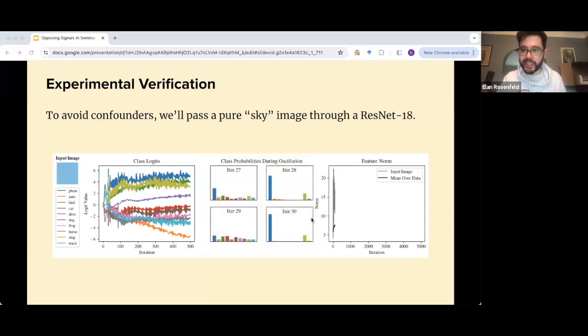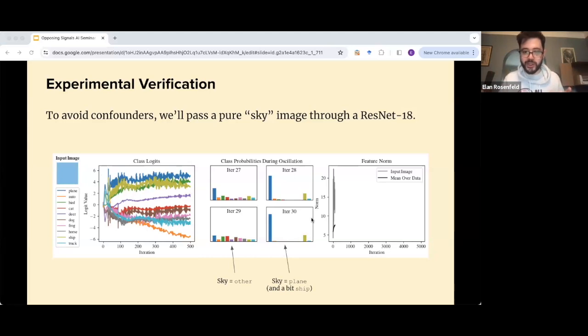And in fact, if we look at the softmax, these are the probabilities assigned to each of the classes. We see that on alternating iterations, we either predict approximately uniform over the classes, or we predict very heavily plane. And in this case, you also predict a little bit of ship.